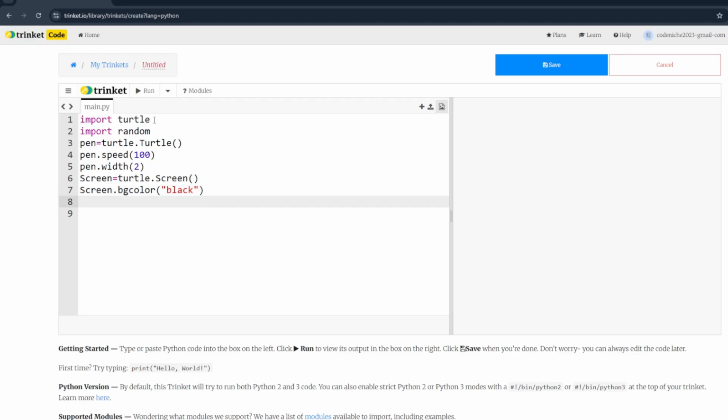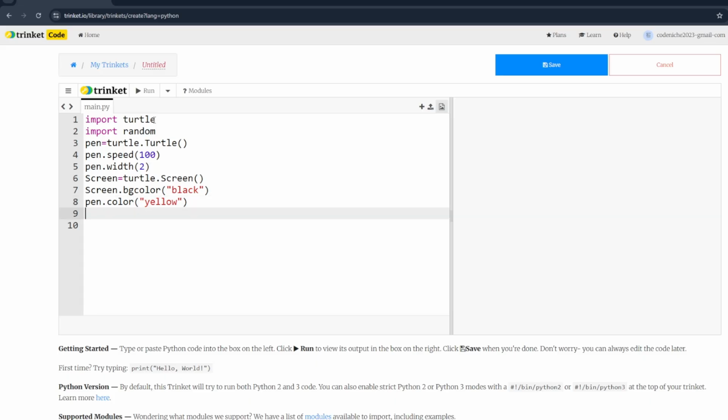Of course. Now, once we are done, let's focus on creating a single firework first of all. In order to do that, I will simply use pencolor. By default the color of the pen is black, and if our background is also black, we won't be able to see anything. So I'm going to set it yellow for the time being. Then we will change the colors randomly also. But before that, let's see how we can draw a single firework.